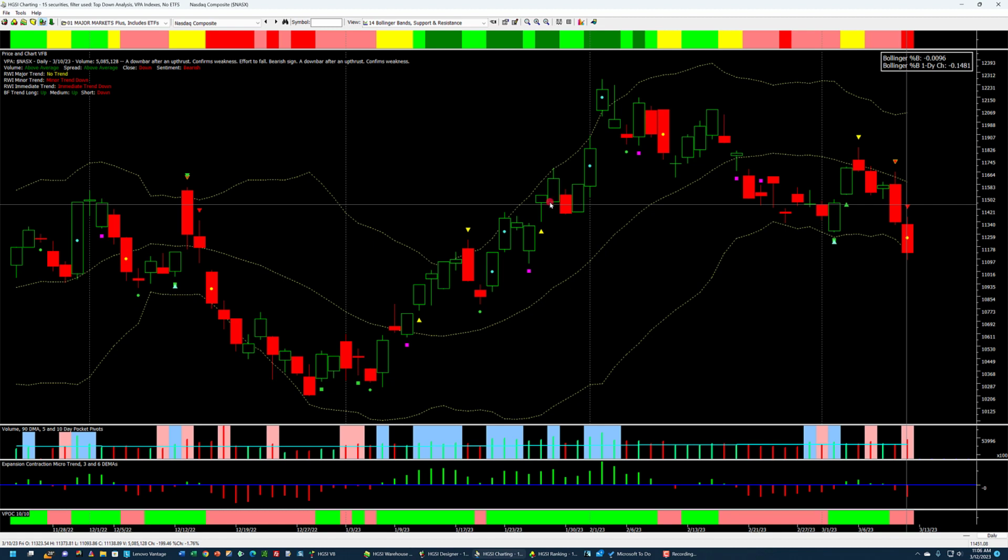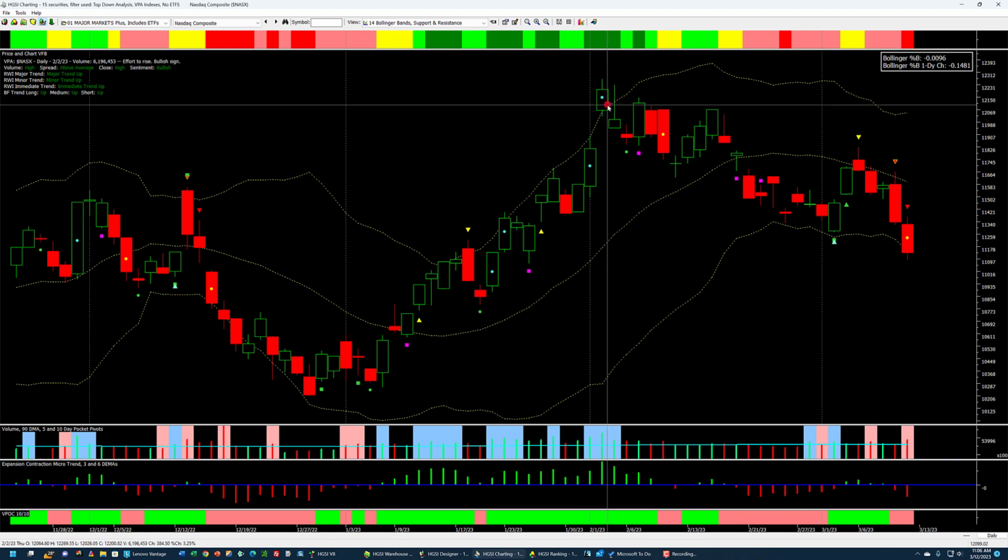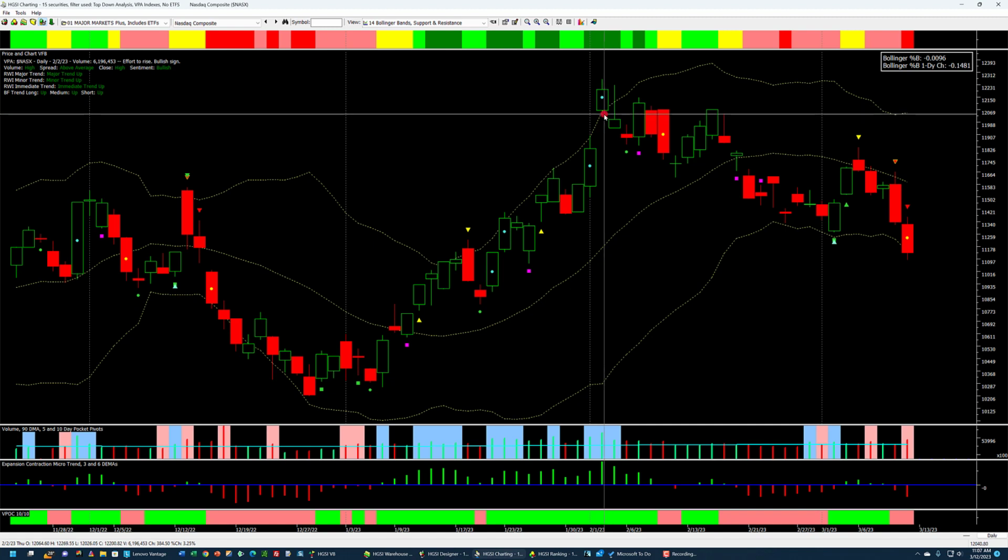So getting to the fear and greed, getting back to that theme, this would be considered greed up here when it trades outside the band, and then it started coming inside the band. It just got overextended, and with this gap up, that was an exhaustion gap. You can clearly see that. I believe in the report that I did that day, I said, could this be an exhaustion gap, and that's exactly what it turned out to be.